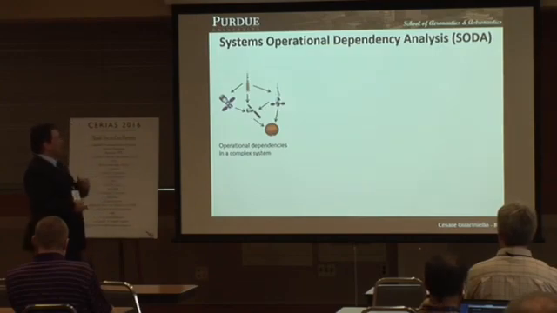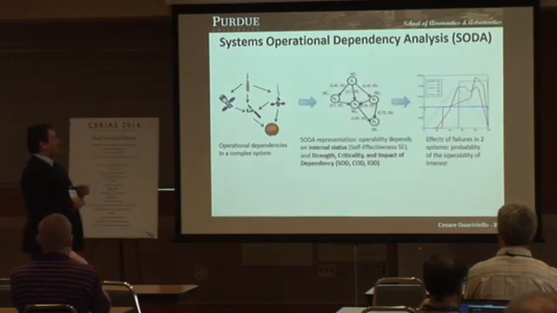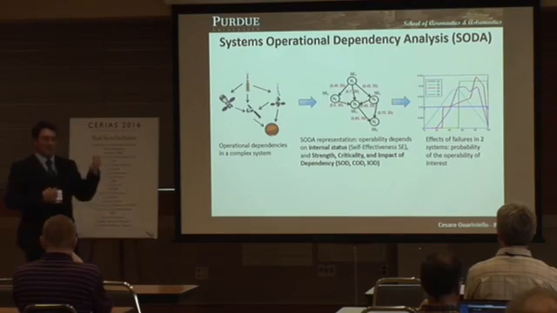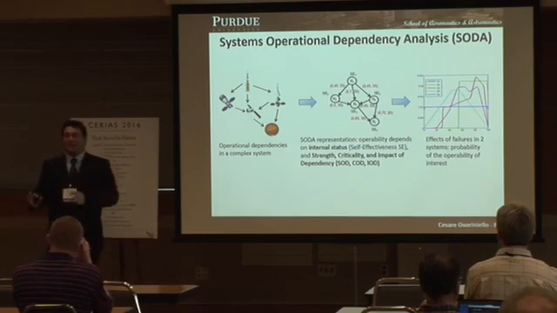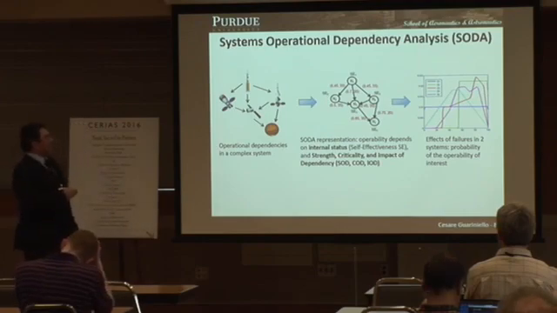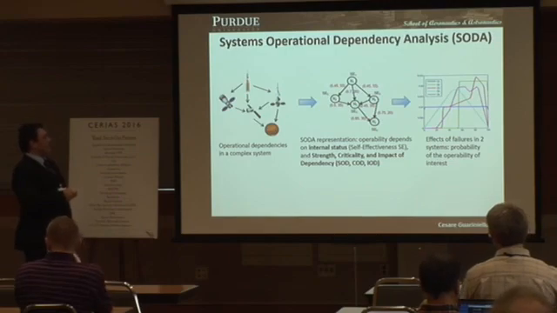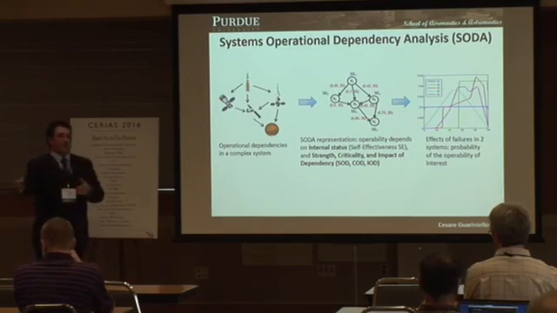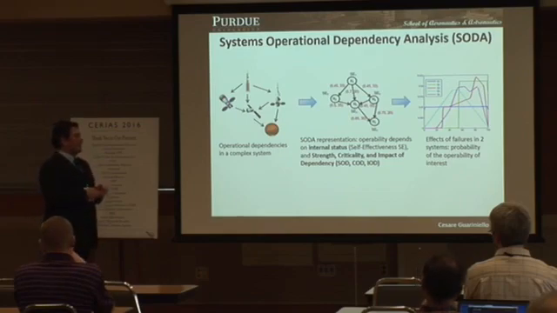Final slide for SODA. Quick 3 steps of how we apply it. In our complex system, we identify what are the operational dependencies. This also means that those parameters and those numbers that we call operability and self-effectiveness or internal status will have a physical meaning. So we are exactly telling what is internal status of SLS, what is internal status of Orion capsule, and what these arrows mean. What do I need for this operational dependency between spacecraft? And what is the operational dependency of achieving my mission to Mars upon these systems?